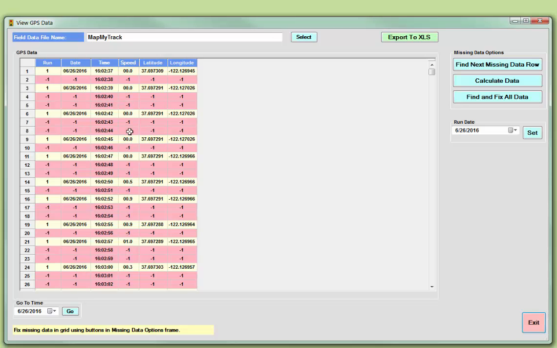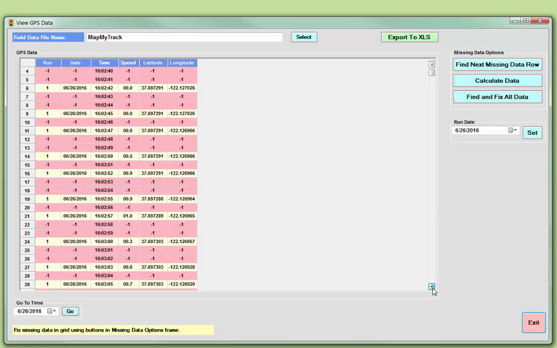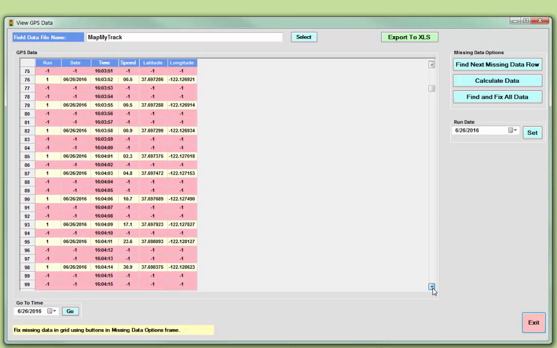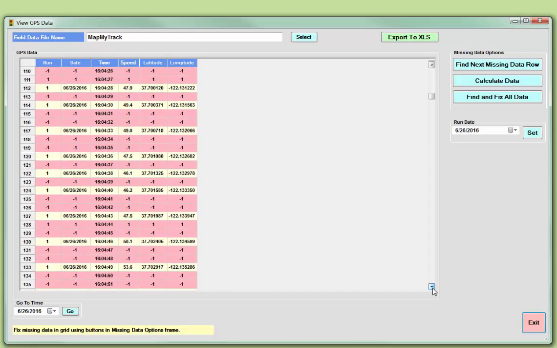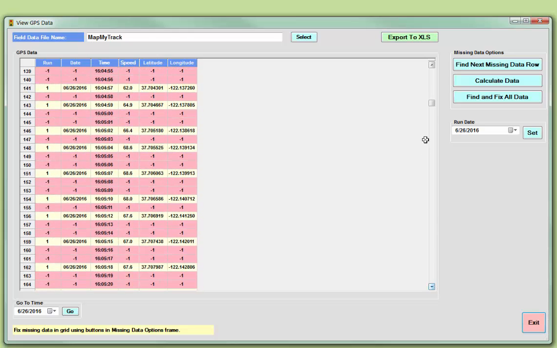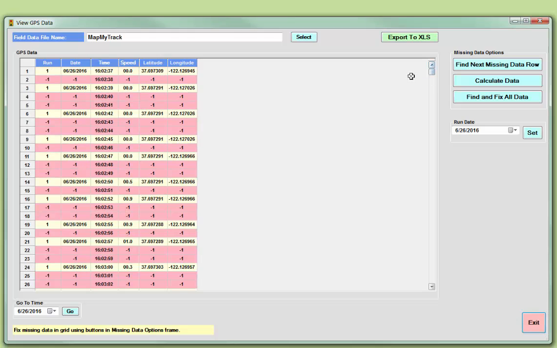But notice all these red rows are missing data points that the software didn't collect in the field for whatever reason. There must be a setting in there for how often it stores the data, and it must be the default to 2 or 3, but it's not consistent. Sometimes it's 3 seconds, sometimes it's 2 seconds,